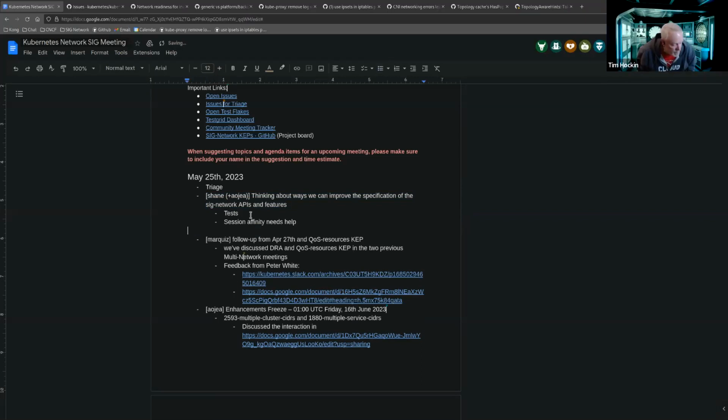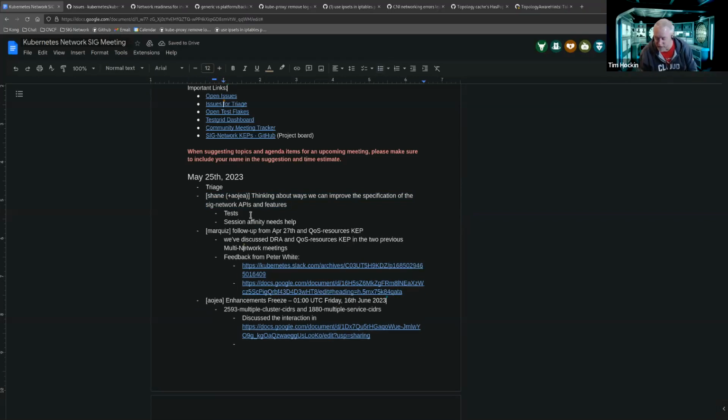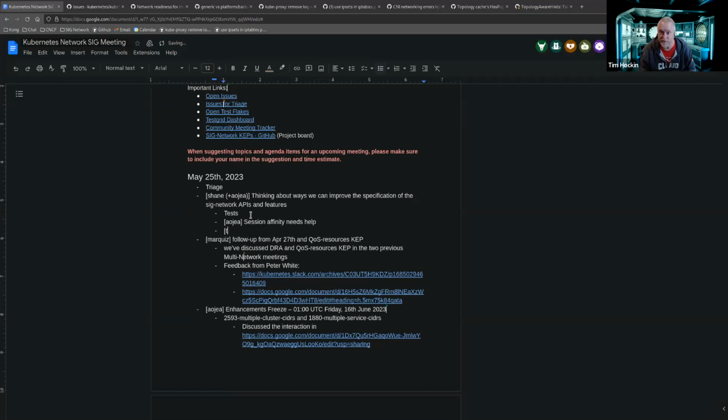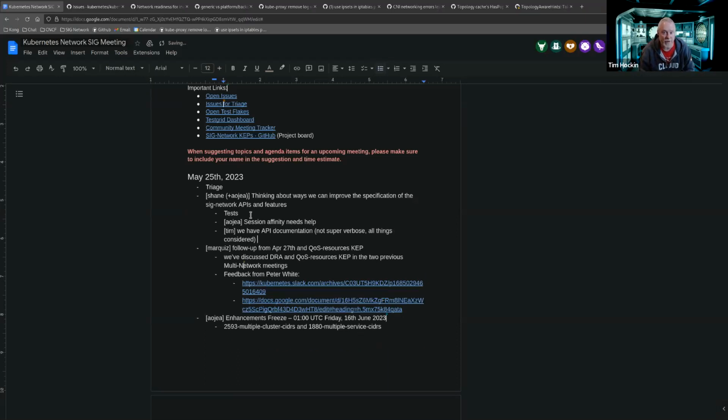So one of the things that I've thought about but haven't really done anything with: as a community, we have our API documentation, which is not often very verbose. It's actually often very terse and leaves out a lot of stuff. It doesn't talk about concepts. It doesn't talk about overviews. We have web page-ish content, which is pretty high level and isn't often updated because it's in a different code base. And, you know, most of us are not tech writers, and so we tend to forget about it. I'll at least speak for myself. Or it's so bad it needs a total top to bottom rewrite, and who has the time for that?